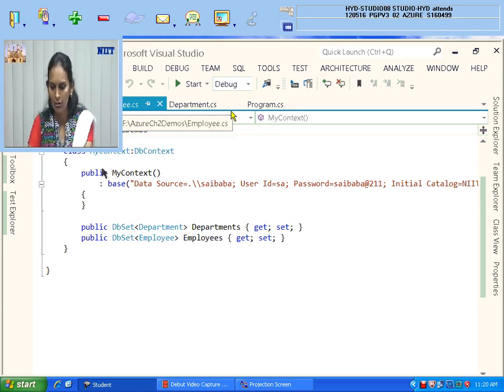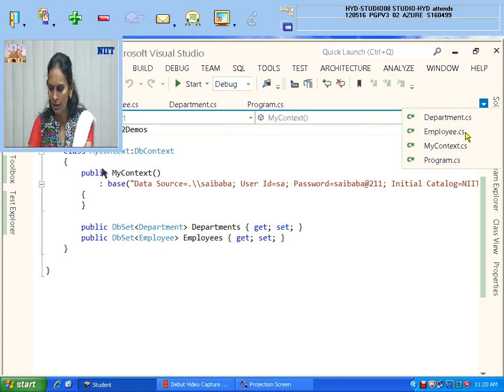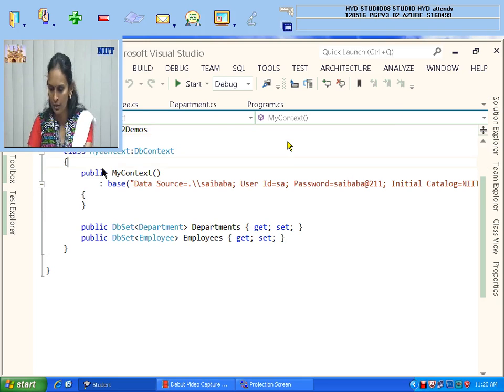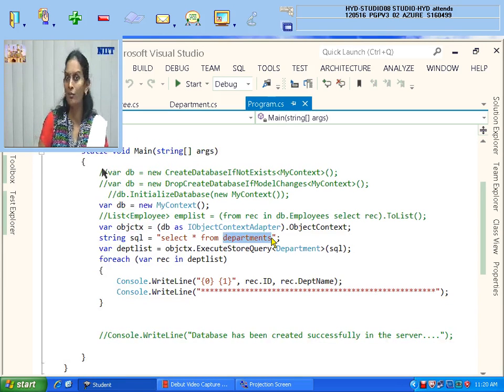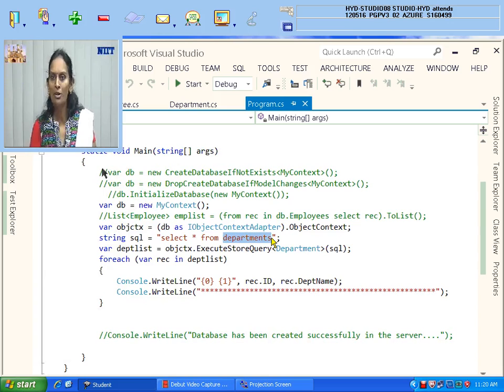Now what we have to do, let me go to our control, where is our program, in this main function. Whatever you have written, I'm commenting; this is correct actually. The only problem is that last class we did not get it. The same code I have done with the departments table, and I got it. Why? Because the column names of your model class and the column names of your table are matching.